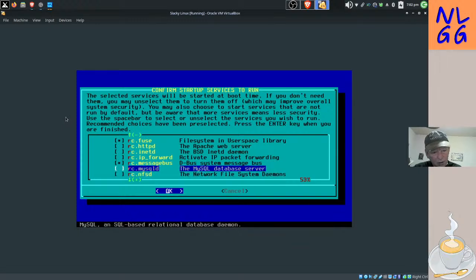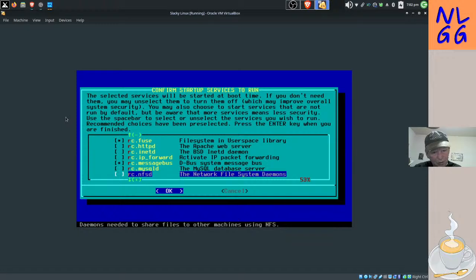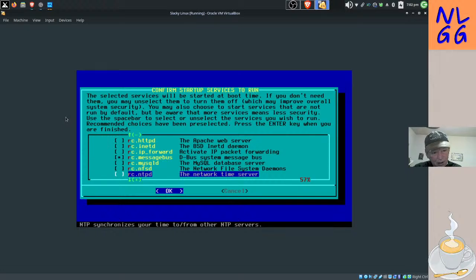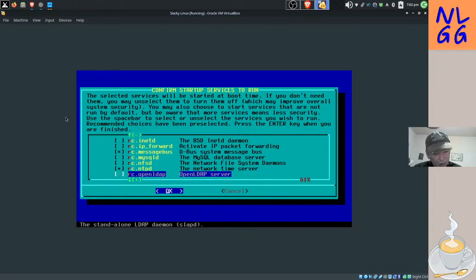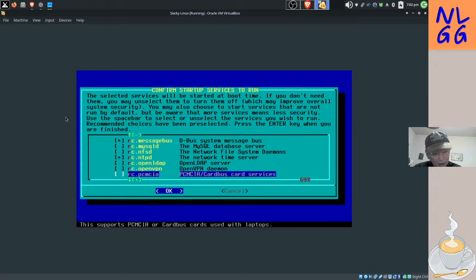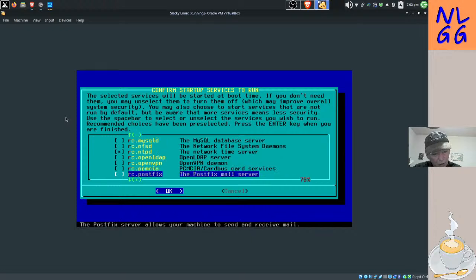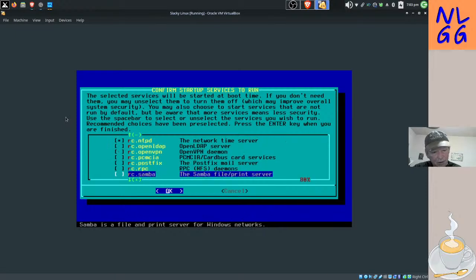And you can do database server, the network file system daemons, and the network time server. I think I need that. Open LDAP server, OpenVPN daemon, and PCMCIA card bus card services, Postfix mail server, and DNS daemons, Samba server. If you want a Samba server, click there,